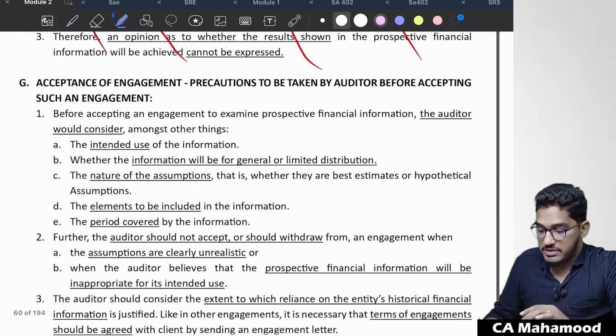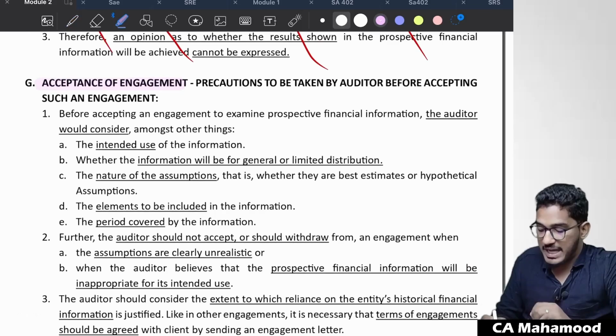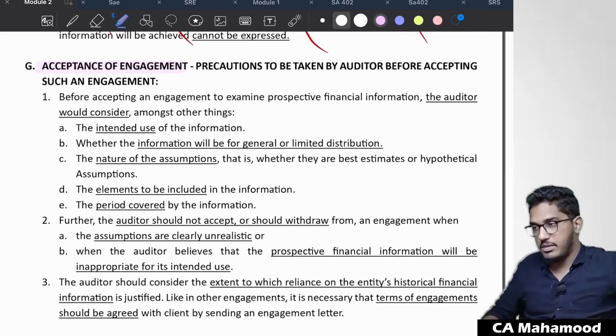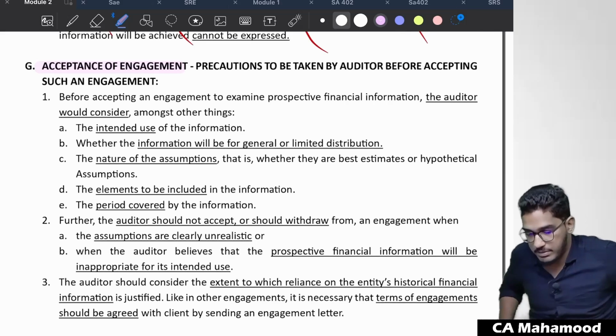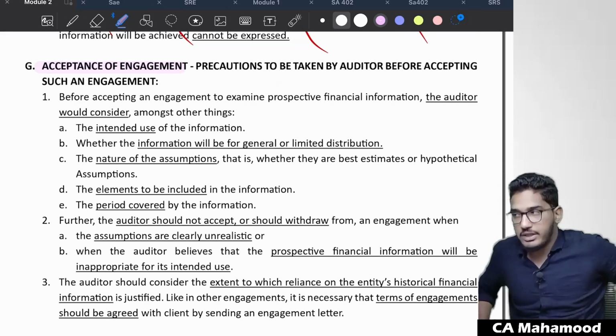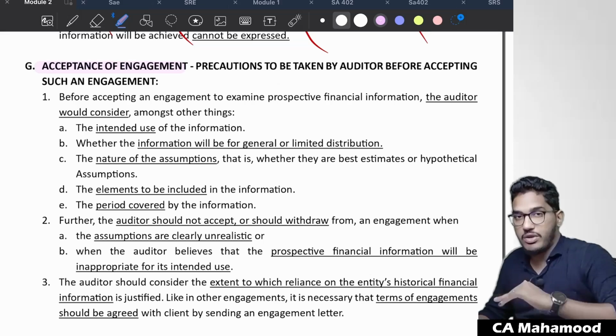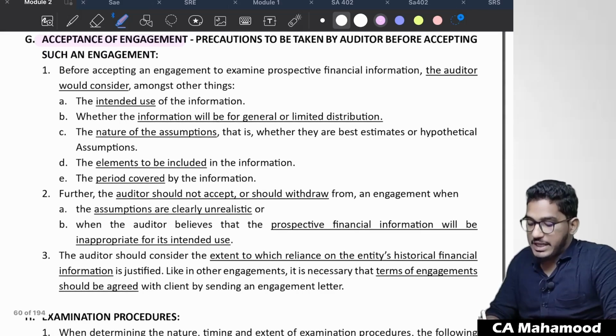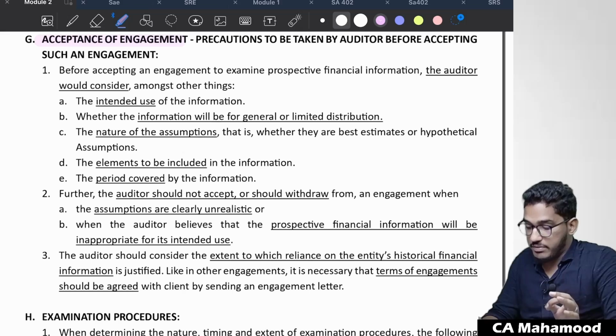Next, coming to the G point. Engagement acceptance. As I've told, first you have to decide whether you can accept the engagement or not. So, precautions to be taken by an auditor before accepting such an engagement. When a client has come to you and asked you to do the verification of their prospective financial information, whether you should accept that engagement or not, what factors will you try to keep in mind? Before accepting an engagement to examine the prospective financial information, the auditor would consider, among other things,